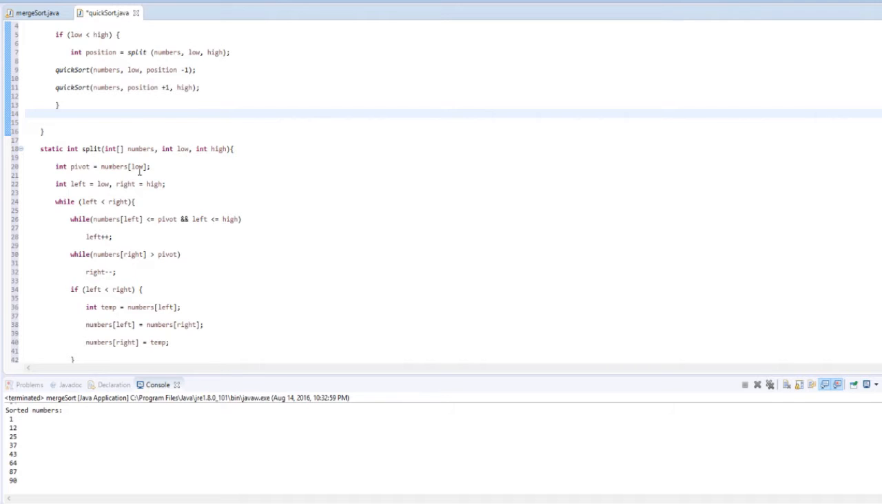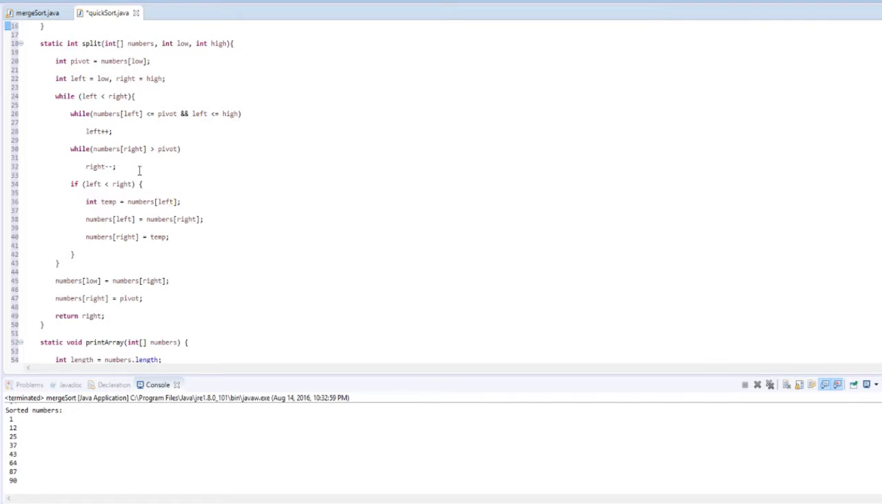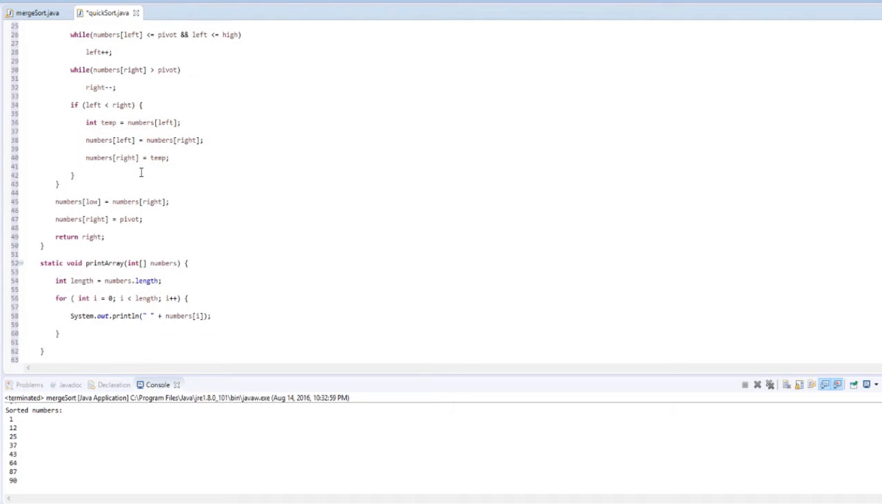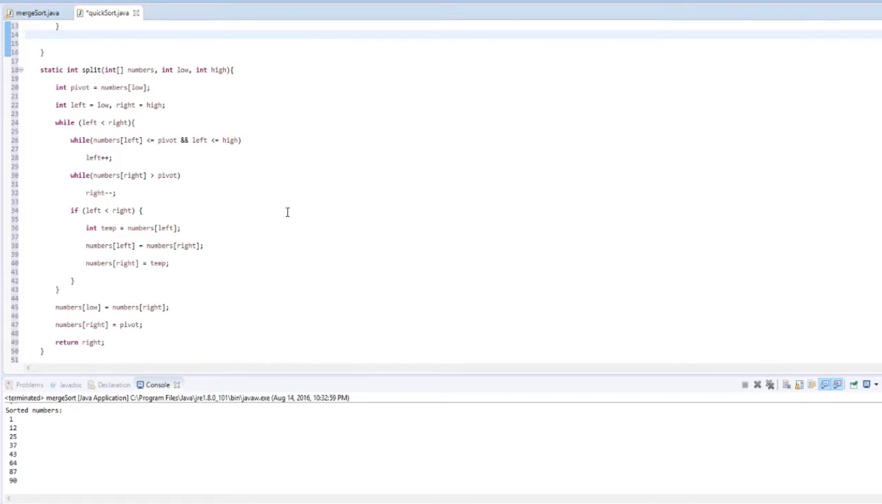And now we need a terminating condition. If the low is less than the high, then this will recurse. But if the low is greater than the high, then the quicksort will terminate. So it makes sense. So now we're just going to create the split method right here, and we will set